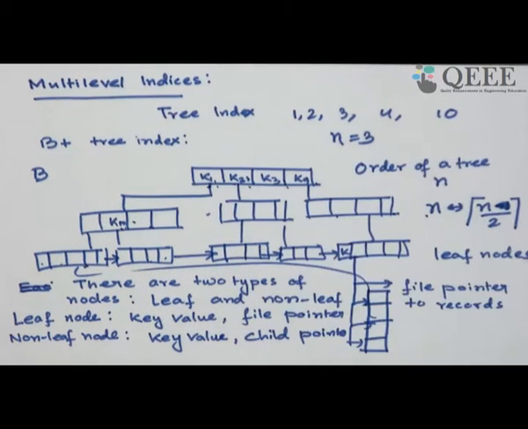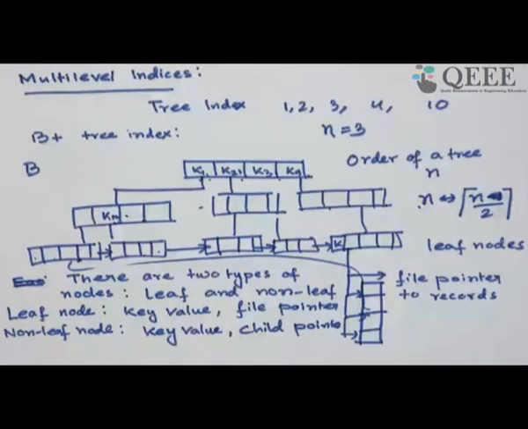Now, if you have any question on this indexing part, please ask. I am sure there will be questions. Please ask in your chat window. There are many other types of tree indices also, KD tree, R tree, several others which are required for high dimensional indexing. But any query regarding this?